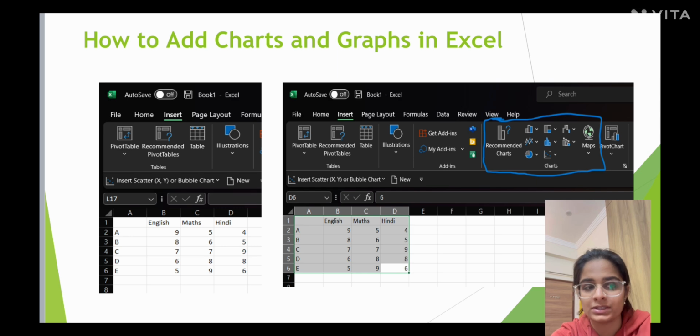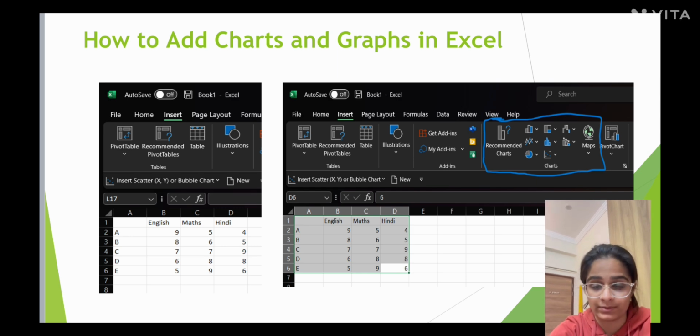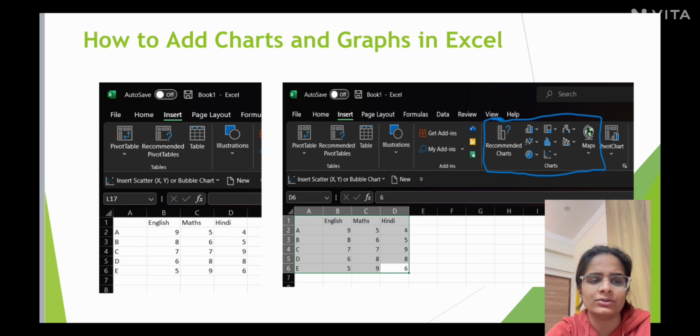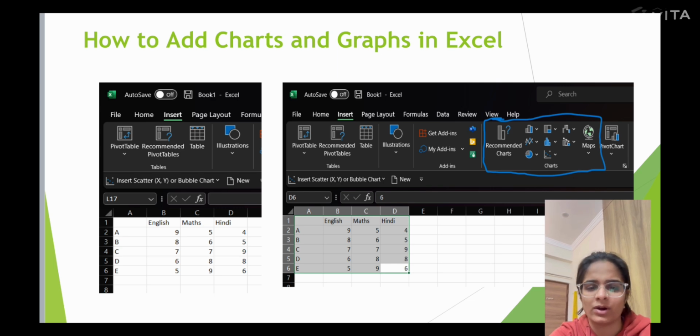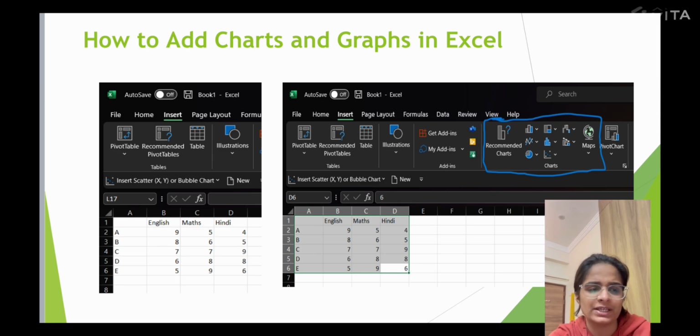Now we are going to see how to make or add charts and graphs in MS Excel. So first we have to open MS Excel, then make data as per requirement. For example, I have made this graph data, which is marks of A, B, C, D, E in English, Hindi and Maths out of 10. Now we have to select the